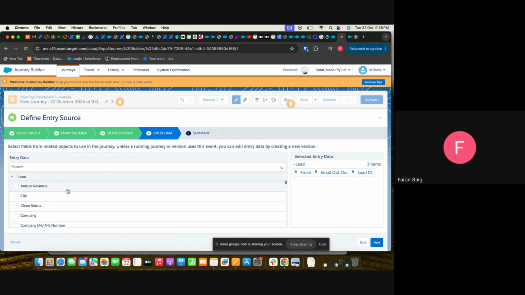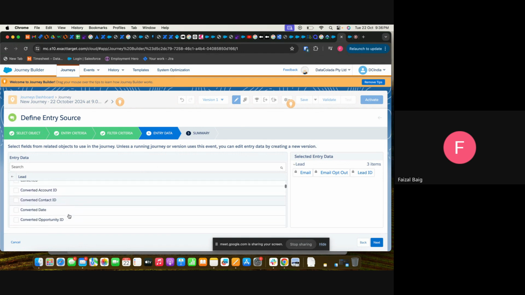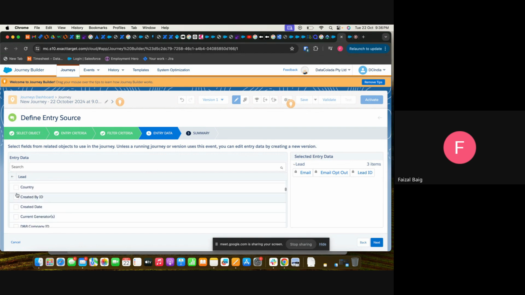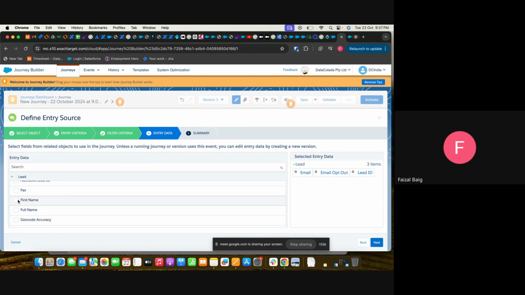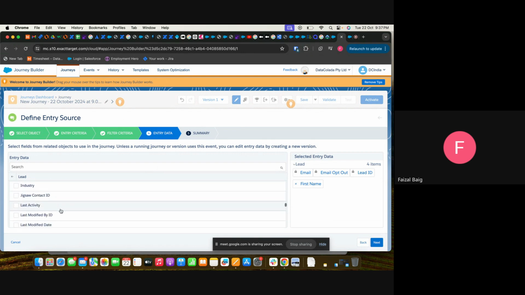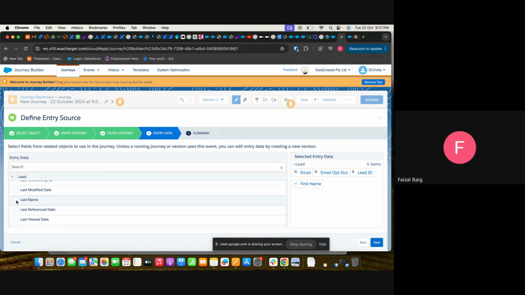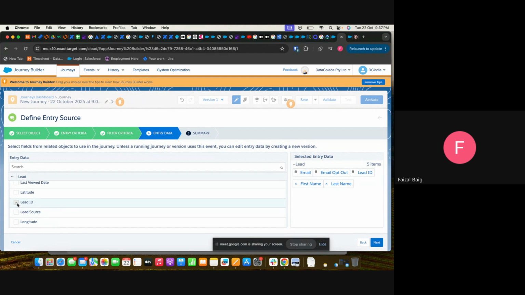Now what we have is annual revenue, city, converted date, converted ID, country. I need first name, last name, lead ID. In the entry criteria we have selected the lead ID, so we cannot select it again.